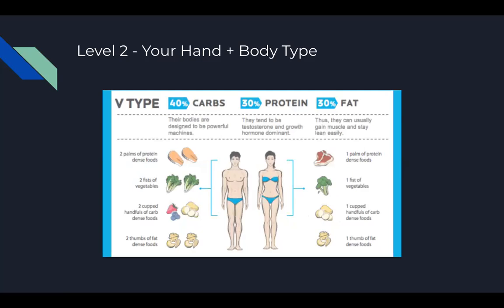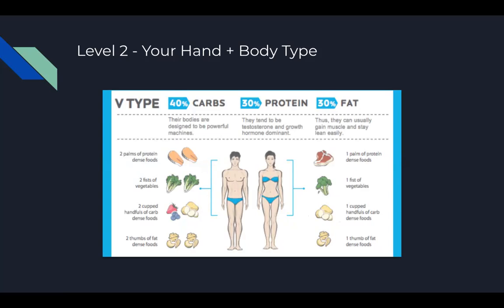For the V type, now we start to see the shift in the percentages for carbohydrates, proteins, and fats. Obviously, if it's not obvious, this is always going to add up to 100%. So for this person, their body types are designed to be more powerful machines. They tend to be testosterone and growth hormone dominant, and thus they can usually gain muscle and stay lean quite